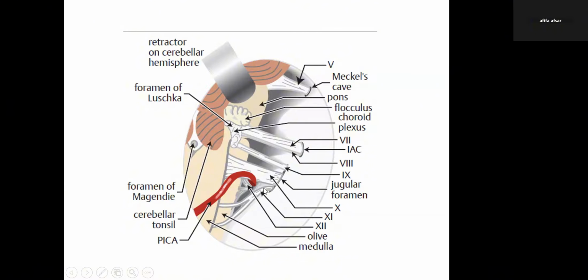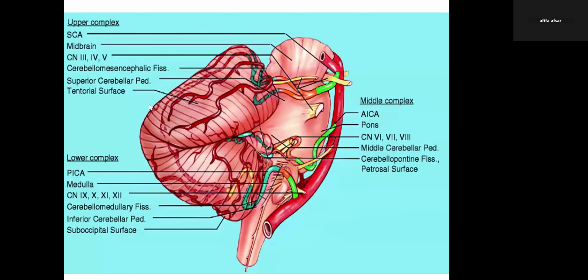So furthermore, medially, if you trace down towards the cerebellar surface, this is the foramen of Magendie, which is an access to the 4th ventricle, and we can see the cerebellar tonsils that are hanging down. This is again a lateral picture to give an orientation.